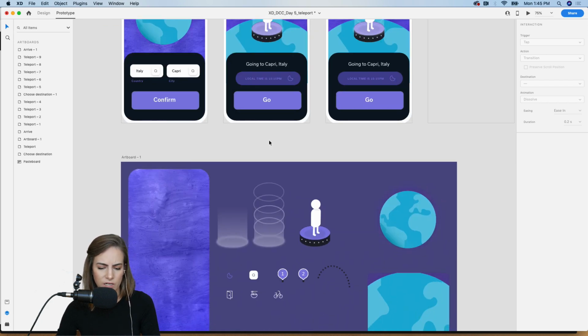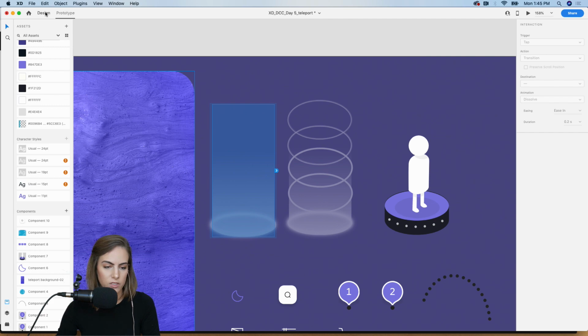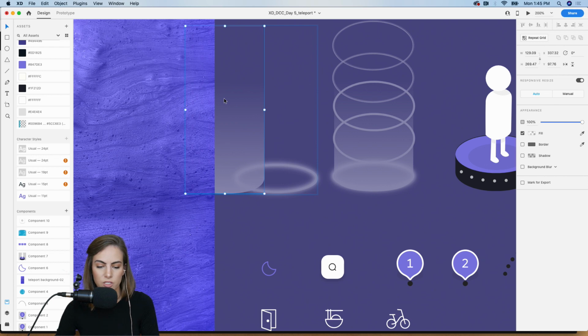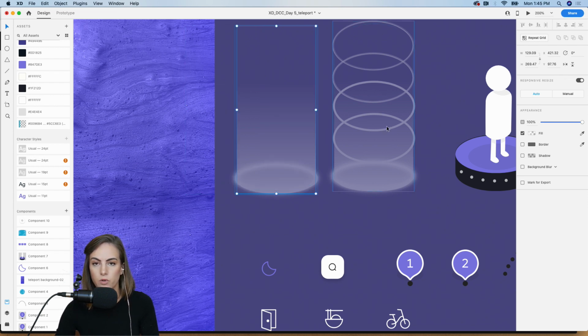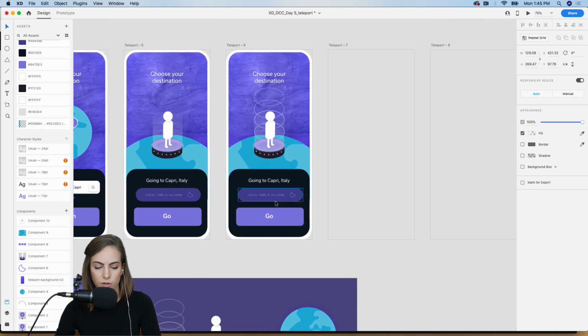So what I did there was, let me zoom in a bit. When I made these components, I can go back over into design to just show you a little bit closer. So this is just a gradient, white to 0% transparency. And then the rest of these circles, I just brought all of them to the bottom here so that Auto-Animate knows that those are the same circles. I just had to resize them basically.